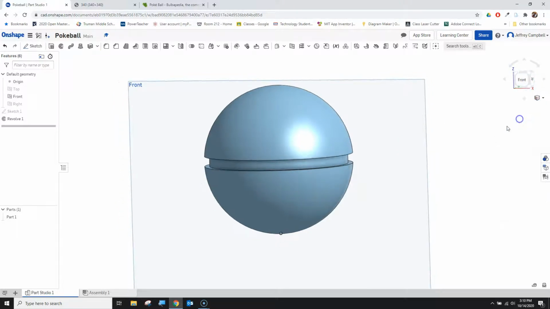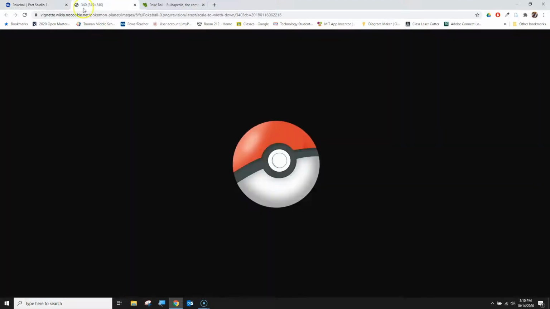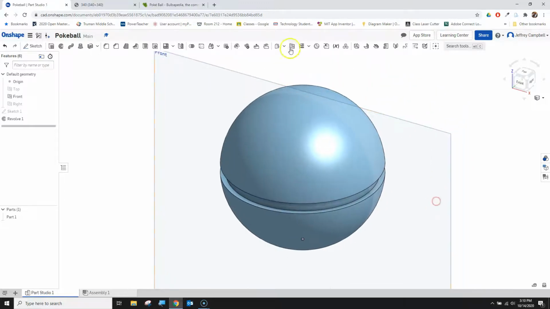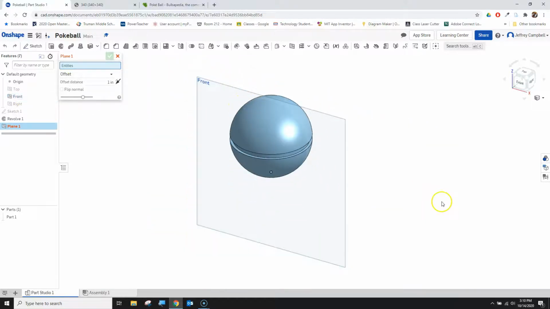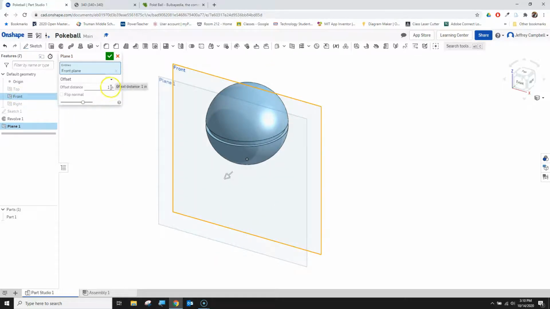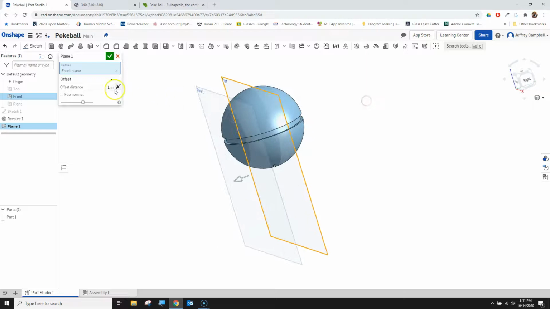Now we run into a slight problem. I need to make the indention here for where these buttons go. And for that, I'm going to have to use my plane tool. Now with the plane tool, I'm going to turn this on, and we are going to leave it at the offset. And the reason we're going to use offset is we're going to come here to our front view. We want our plane to go up and down just like the front view. So I'm going to click on front, and what it does is it's offsetting a sketch plane 1 inch from